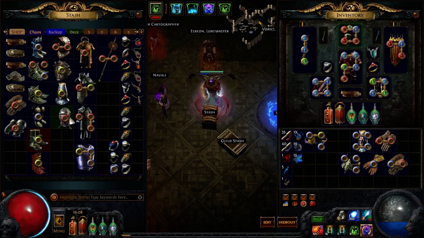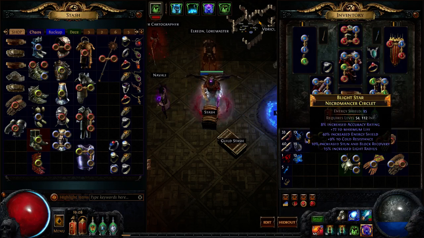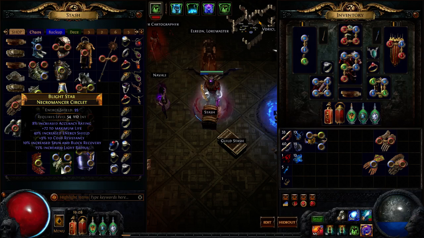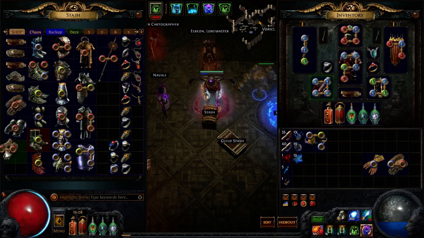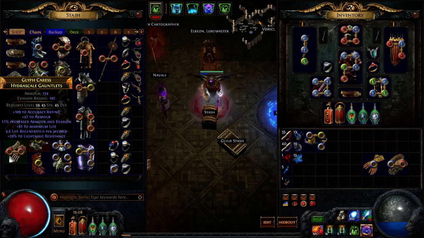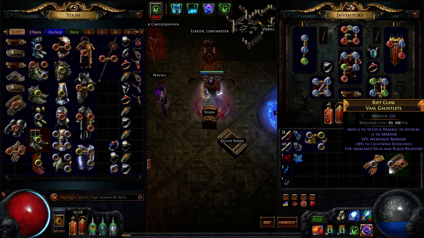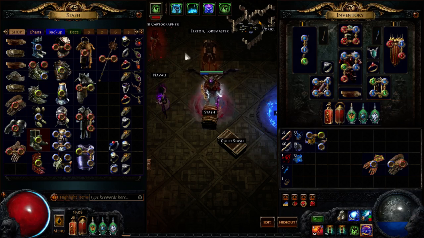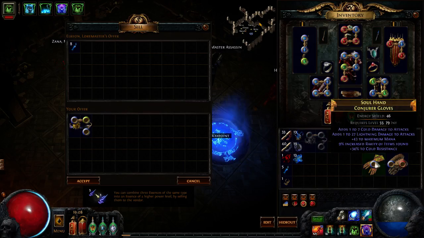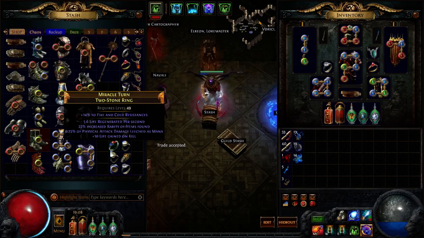Nope. Nope. Not enough energy shield. And no resistances either. This one has some life, but it doesn't have enough armor. And it has some bad stats too. 11% increased armor and evasion. No thank you. And the rest of these are no good. Okay. Another day in damn. We're selling these. And then let's pick up